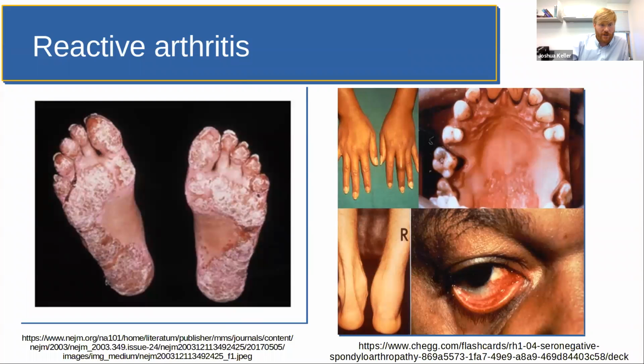So reactive arthritis, so look at the eyes, oral ulcers, enthesitis. So this is an Achilles tendinopathy,